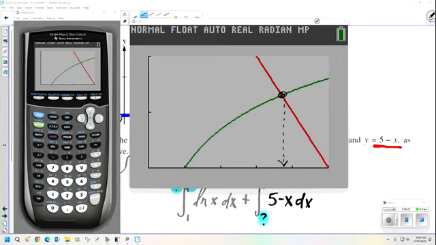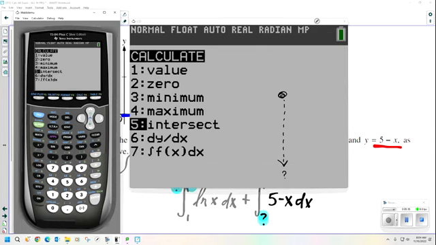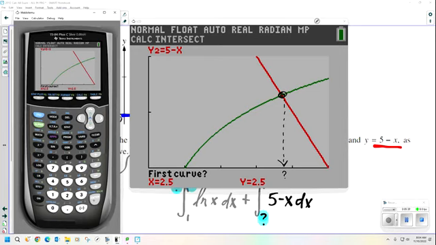What is this value? That's what I'm trying to find out. And in order to do that, second, trace, and I pick intersect. I leave my little spider dudes at 2.5. Oh, it's on the red. Let's bring it down to the green curve, and go just close enough to the intersection. Doesn't have to be right on it. Hit enter 3 times. Bang, bang, bang. And you'll see at the bottom,